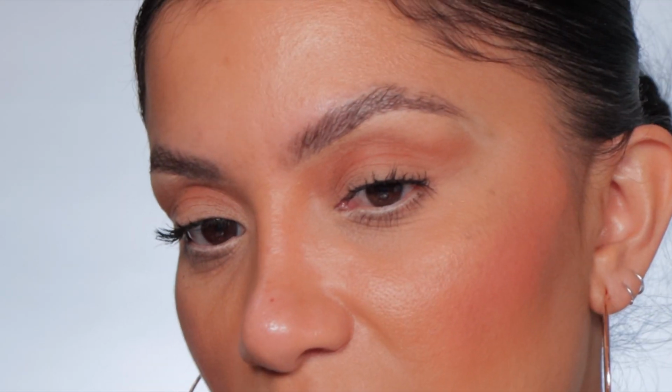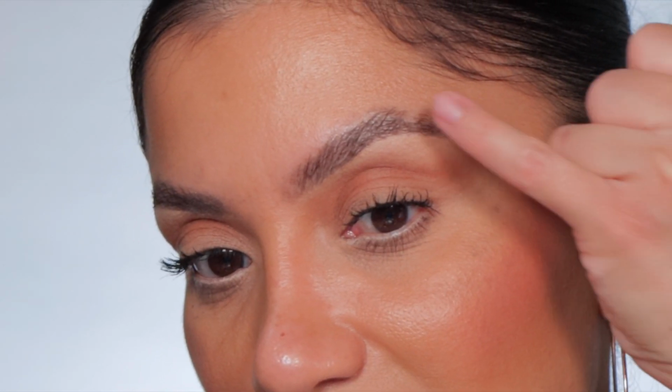And actually, let's just see how much they come off. And honestly, not really, a little bit, but truly by far one of the better brow soaps that I've used on my brows in a really long time. I really love the Beauty Creation brow soap because it worked very well. But this one, I feel like it's so good, and it's only $6. I think it works well, and yes, this is a yes for me. For $6 freaking dollars,